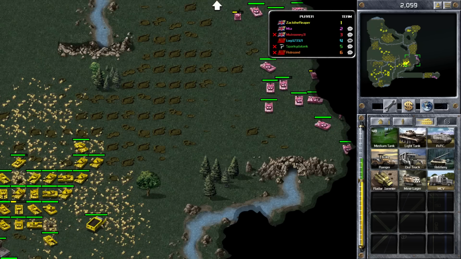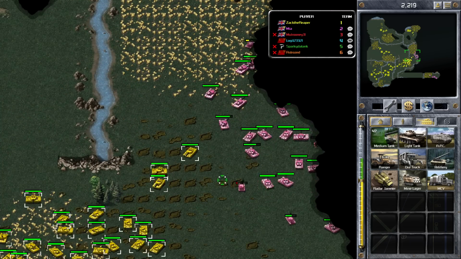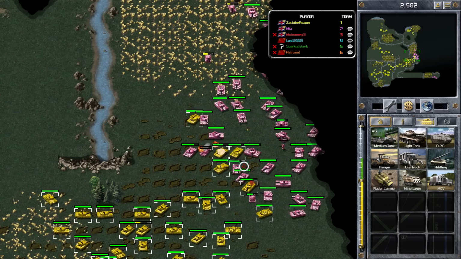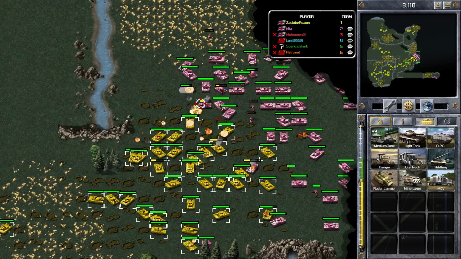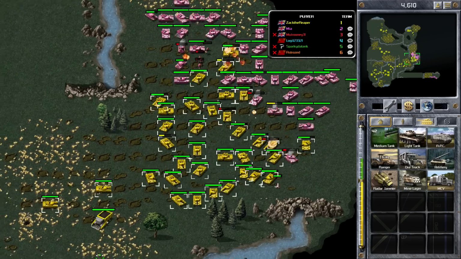And now you can see I'm going to build another war factory, but my economy is obviously not going so well. And now we're trying to engage. What I don't want is I don't want Mia to go for my outer bases, so this is sort of like a little bit of a delay tactic. And there's a good number of pink tanks there,